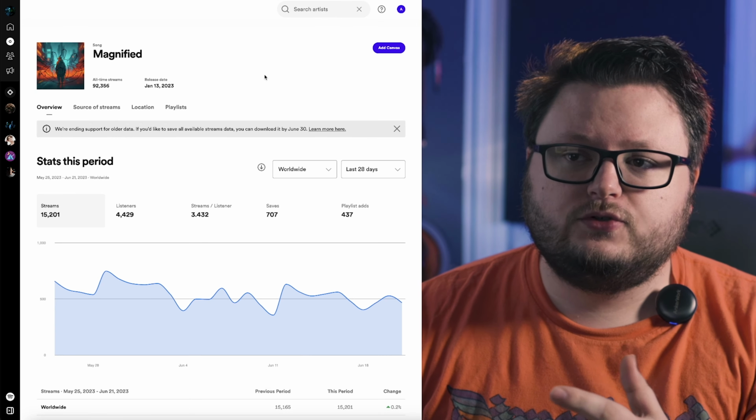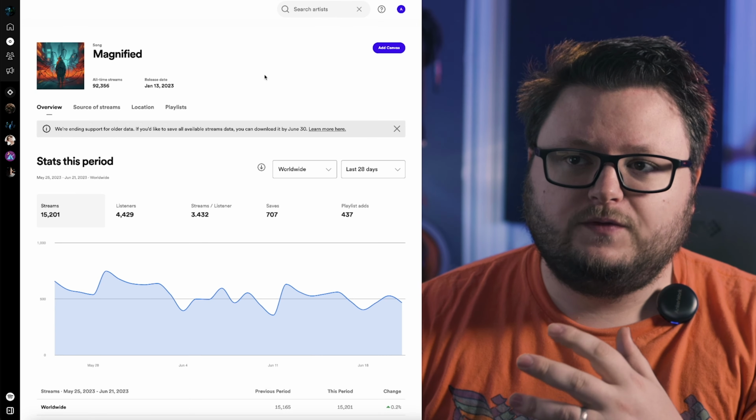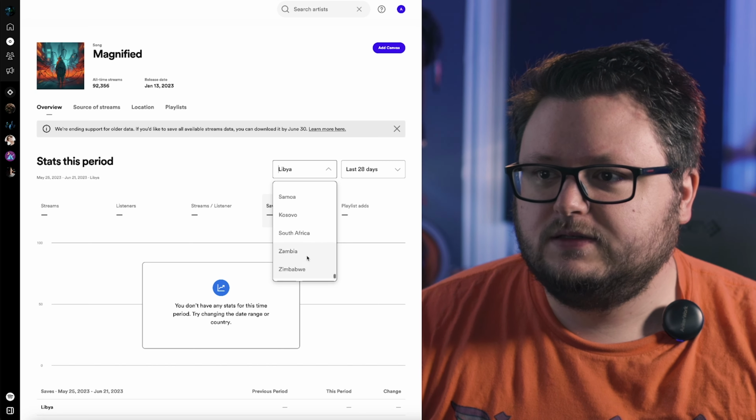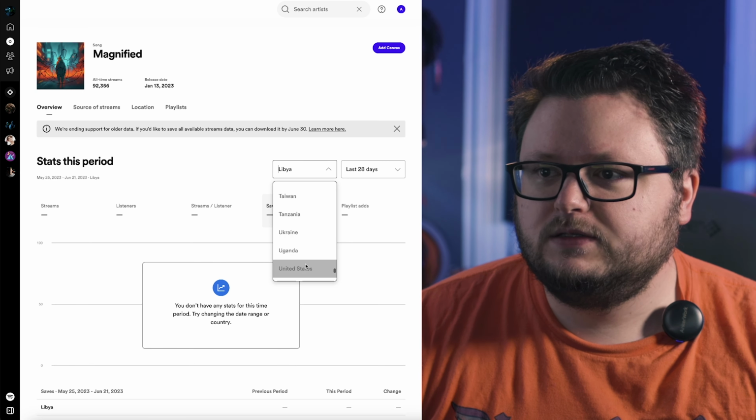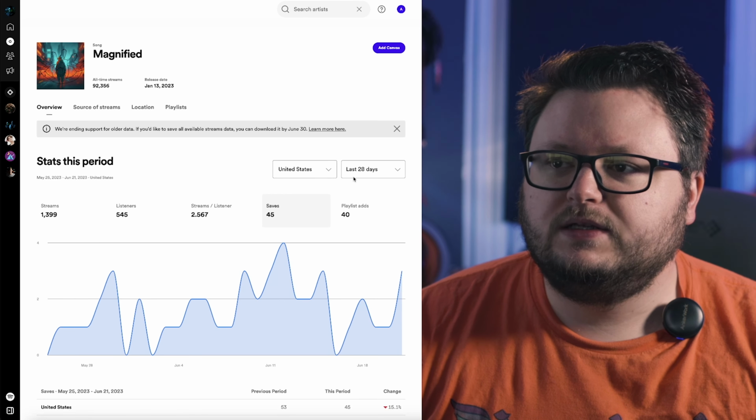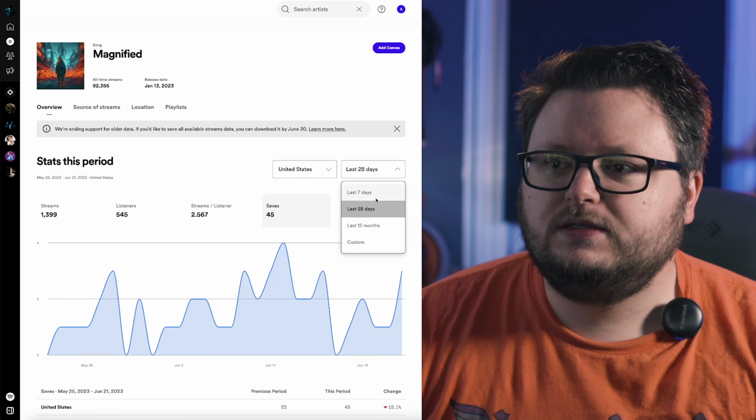There are a few other features that we've gained recently that I haven't talked about. Not only can you get all these stats on a song by song basis, but you can also filter them by country. So I could go look at, like, Libya. I probably don't have any streams from Libya. What is a country that I actually have something? Let me just look at United States. And now we get this data for the United States, and I can even filter it over the last 12 months. And so you can look at country by country breakdowns for all of this data over different time periods, which